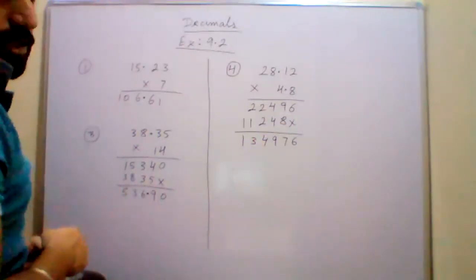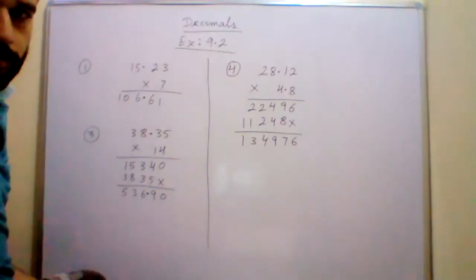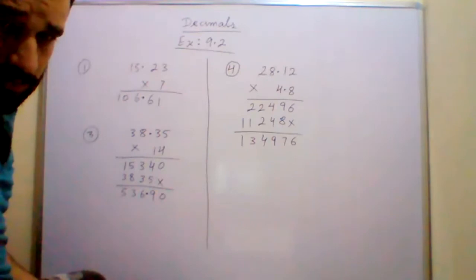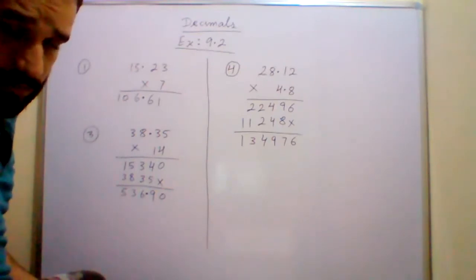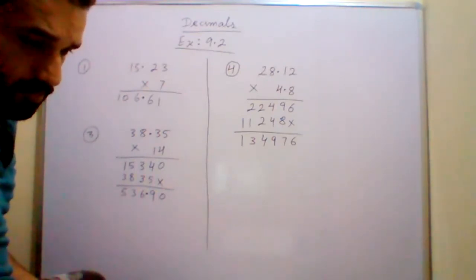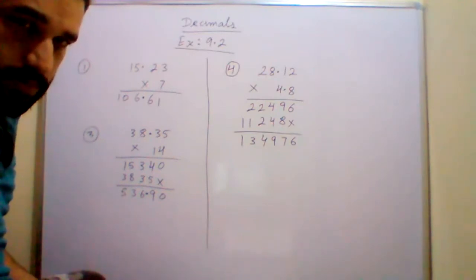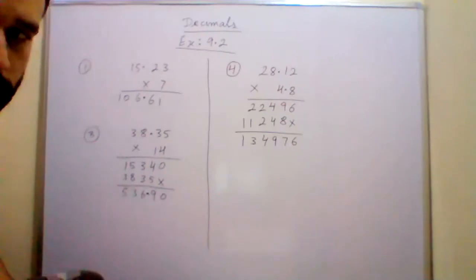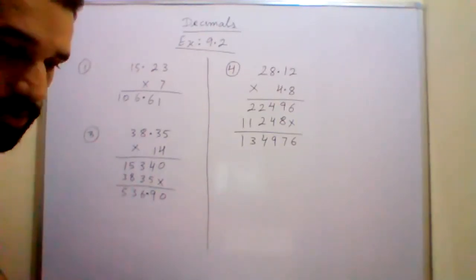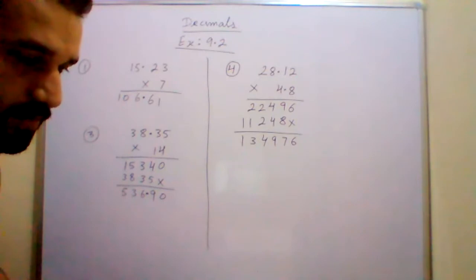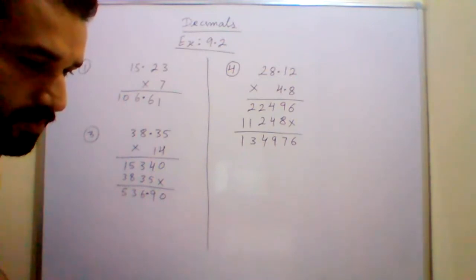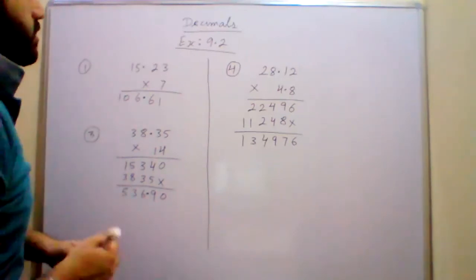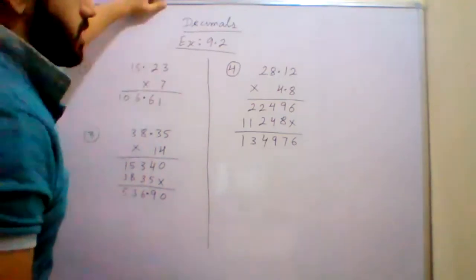Excuse me, sir. Yes, beta. Sir, I have that fourth one. I was writing second one, but written solution. Your voice is not clear, beta. Tell again. In fourth one solution, I was writing second one, but after one there is fourth, and I have written that. No problem. You can change the question number now.